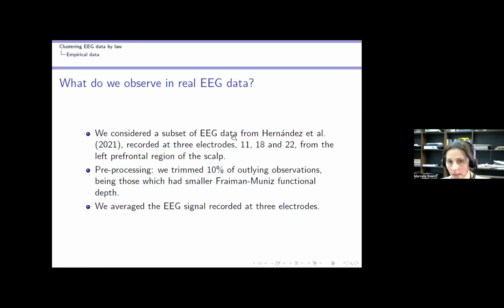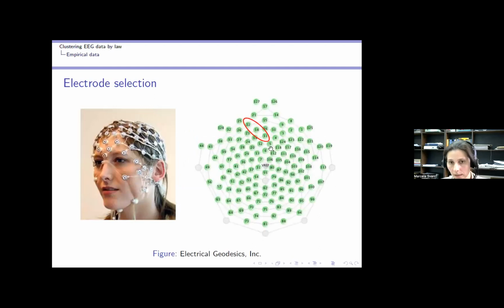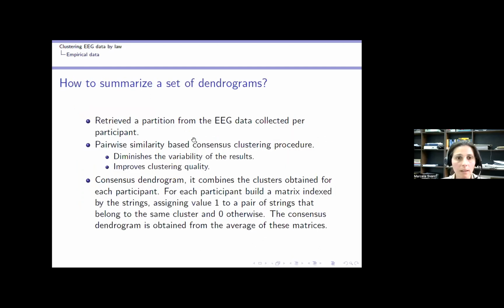And we are going to average the signal of these electrodes. Before applying our clustering procedures, clustering data is really sensitive to outliers. We are going to remove the 10% of outlying observations, and the pruning procedure will be considering the functional depth of the data and pruning the 10% of the data that has lower depth. So here are the electrodes that we are considering, and we are going to retrieve a partition from the EEG